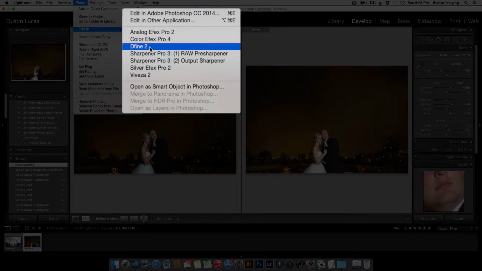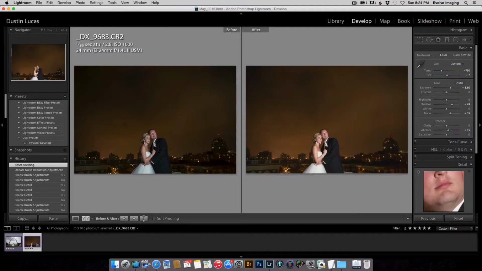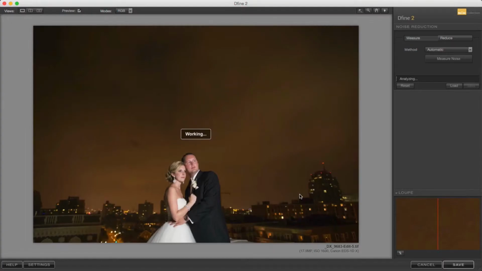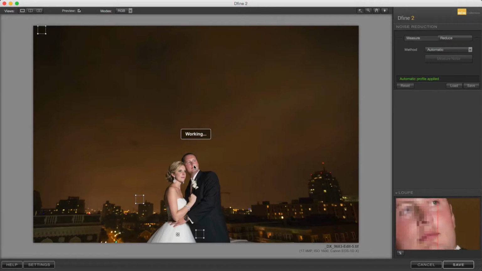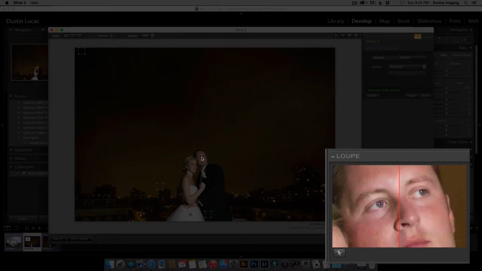Now I have the Nik software Define 2, which has a really great noise reduction engine, and it's going to analyze my whole image and pick particular different spots of the image to create the perfect noise reduction. After it's done analyzing, it's going to pick out multiple parts of the image. You notice it picks his coat, her dress, part of the sky here, and then a dark part of the sky up there in the corner. And what you'll notice is this nice before and after does a really good job of reducing the noise